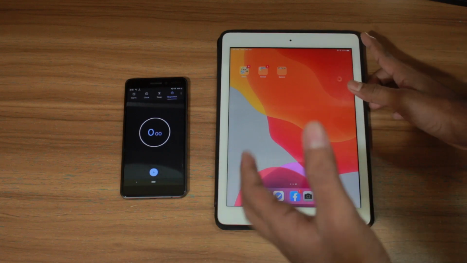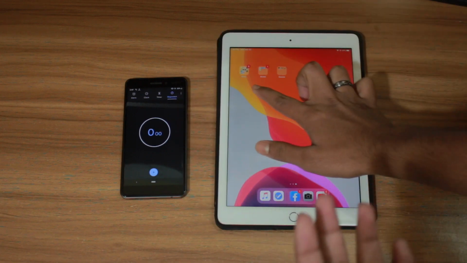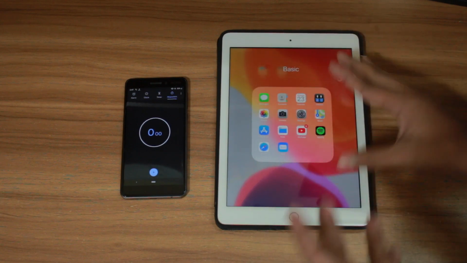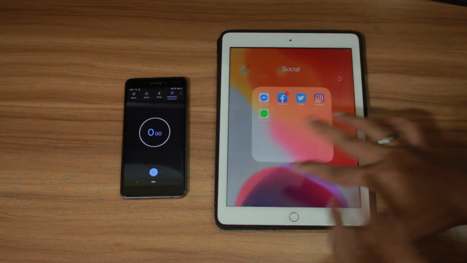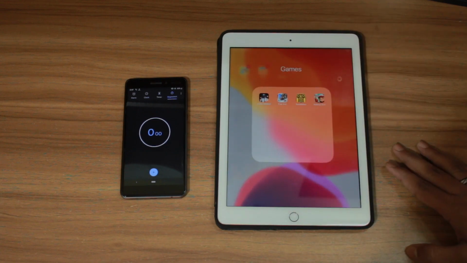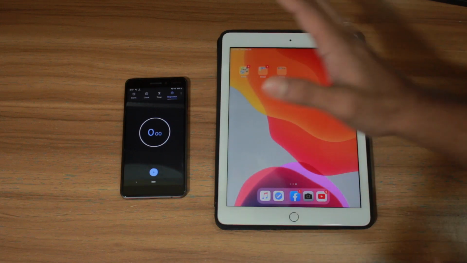And as you may know from my past speed test video, we have three sections. Basically, the first one is the basic, the social, the game sections. So at the first section, we have these several apps as you can see, and after the second lap, we're gonna open all these social apps like the Facebook, Twitter and all the apps, and at the third section we're gonna open all the games, and after opening all the games we're gonna go to the first one and we